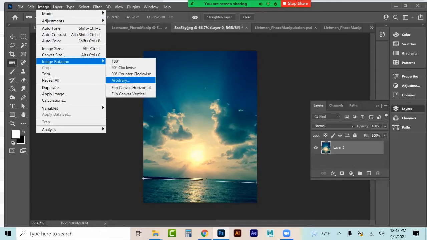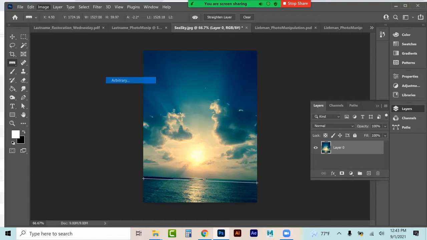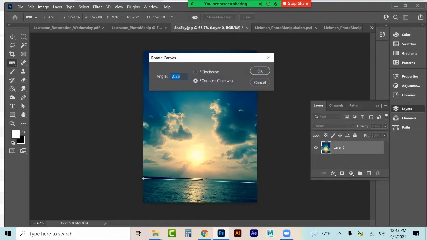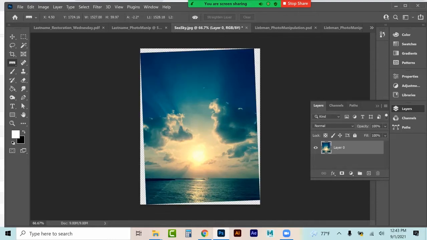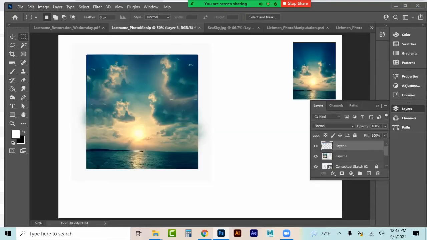And what this is going to do is basically take my ruler and say, hey, my ruler is 2.25 degrees off of straight. If I just say okay, you see it corrects the whole image so that now I have a properly straight horizon line. So now that it's straight, I can grab it like that, copy it, paste it,